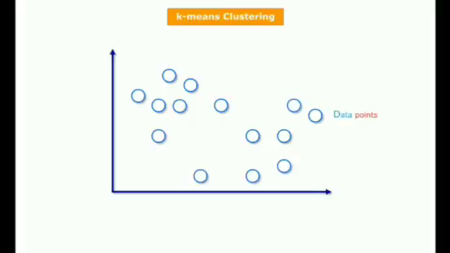In this technique, the user specifies the number of clusters that need to be grouped in the dataset. The objective of k-means clustering is to find a prototype data point for each cluster. All the data points are then assigned to the nearest prototype, which then forms a cluster. The prototype is called the centroid, the center of the cluster.